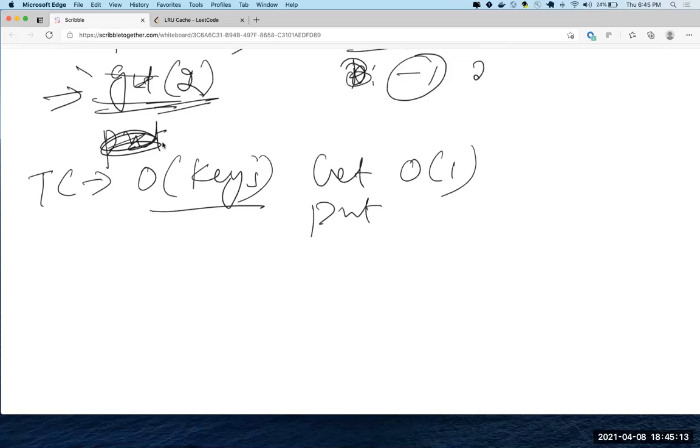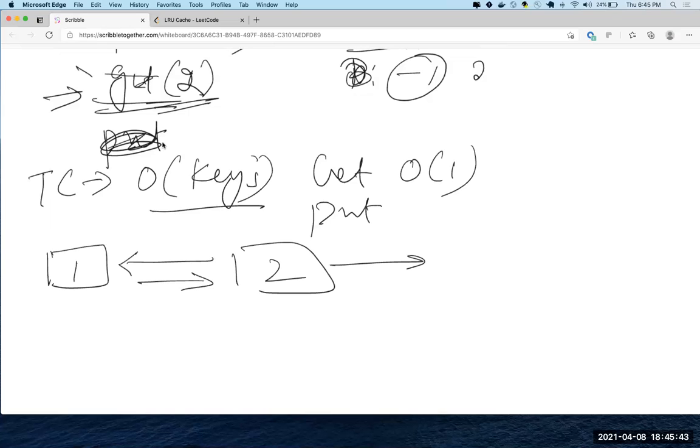Right? And your list is what? A singly linked list? No, it's a doubly linked list. Why a doubly linked list? Because I want to evict items even from the end of the list and push in the beginning. Whenever I do a get, I want to get it from the end and push it again in the beginning so that I know that it is a recently used item, right?